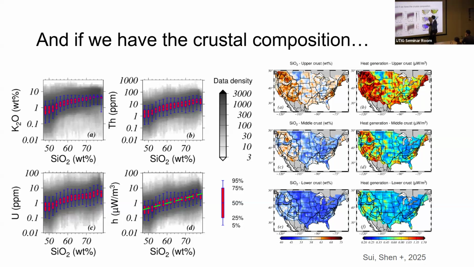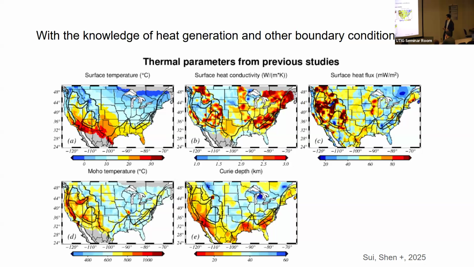You can use that trend to convert your silica content to heat generation. And once we have this, we suddenly have a depth-dependent heat generation model that also varies horizontally. We do not have to assume everything is the same on the continental scale. If you combine this method together with surface temperature, surface heat conductivity, in the US, you can measure surface heat